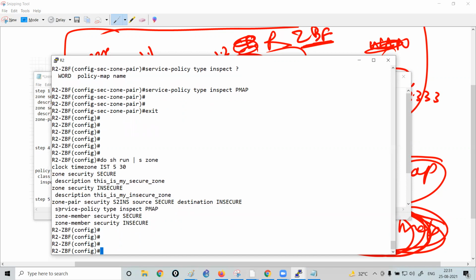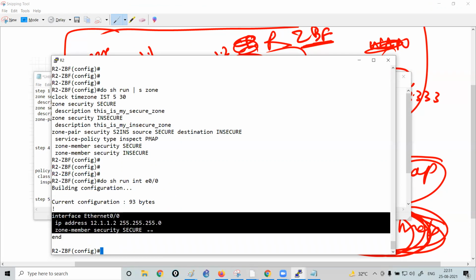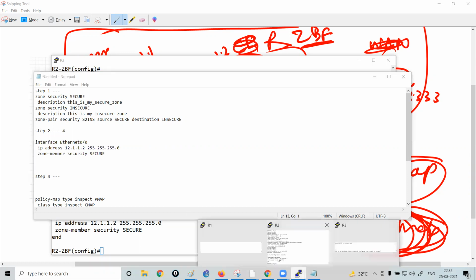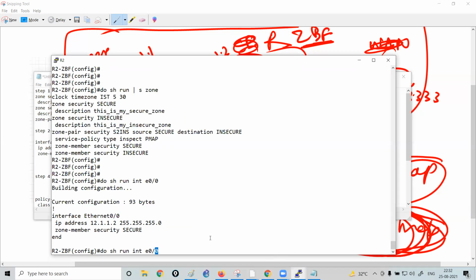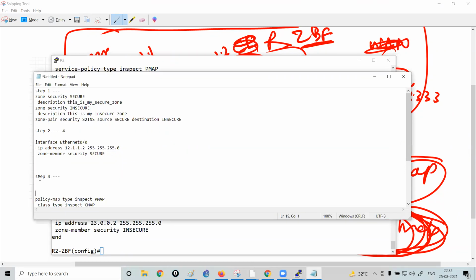Then do show run interface 0/0. I will share this notepad file with all of you. Step 3.